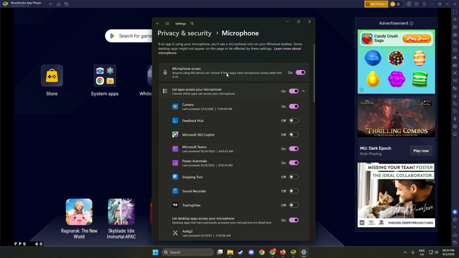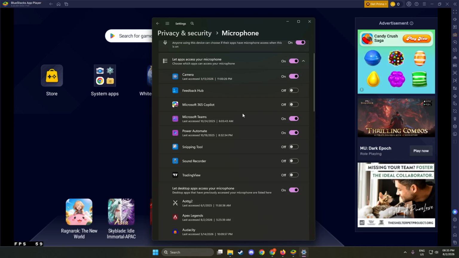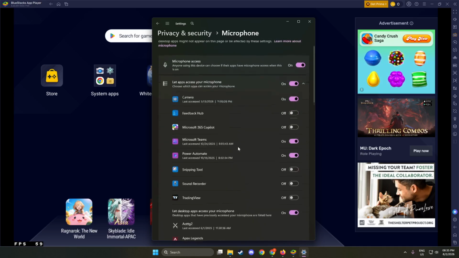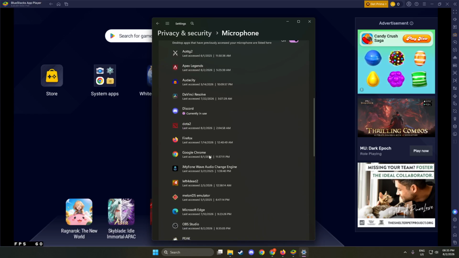After that, turn on Let Desktop Apps access your microphone. Scroll down the same page until you see the section called Let Desktop Apps access your microphone. BlueStacks counts as a desktop app here, not a normal store app. Find the toggle and switch it to on so it lights up. Just below, you might see a list of desktop apps that have recently used the microphone, with a small note showing last accessed with a time. Later, when BlueStacks uses the mic correctly, it can appear in this list, which helps you confirm Windows actually sees audio from the emulator.